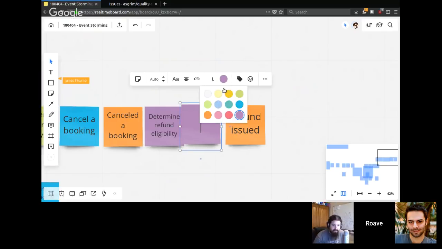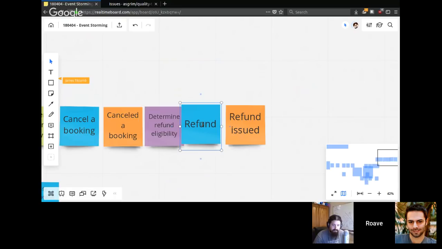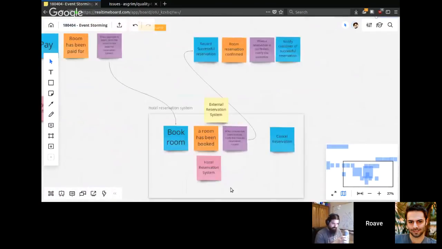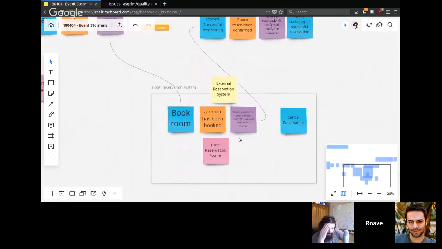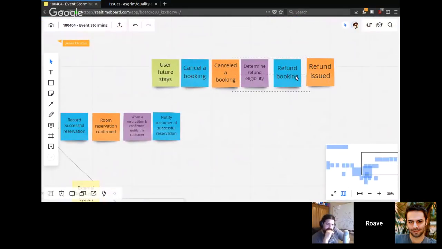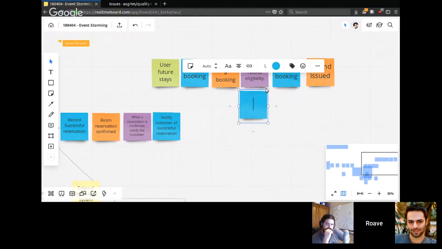Absolutely. Refund booking. So we already have a lot of complexity here. And when a booking is canceled, we still need to notify